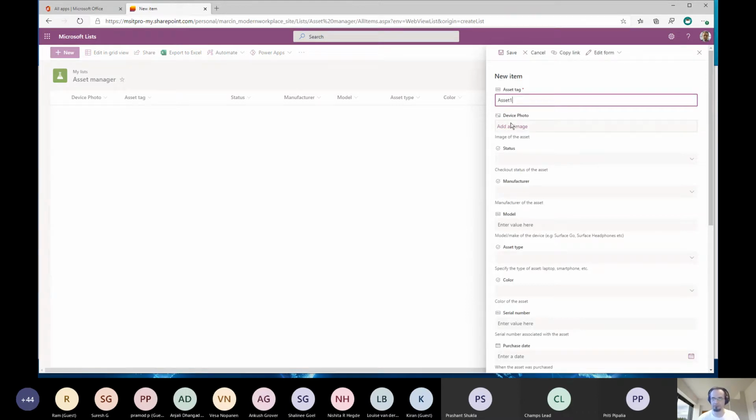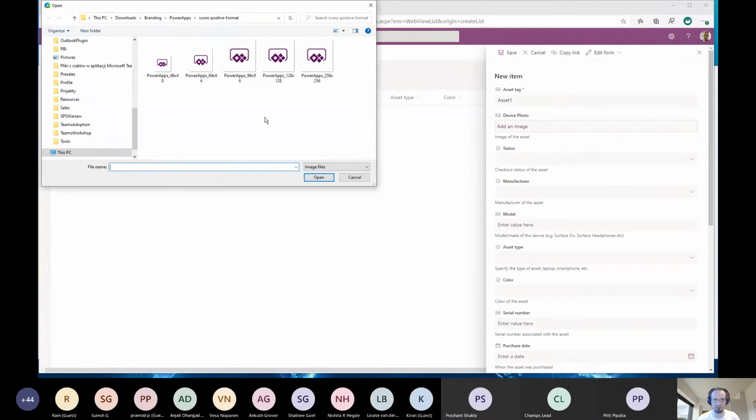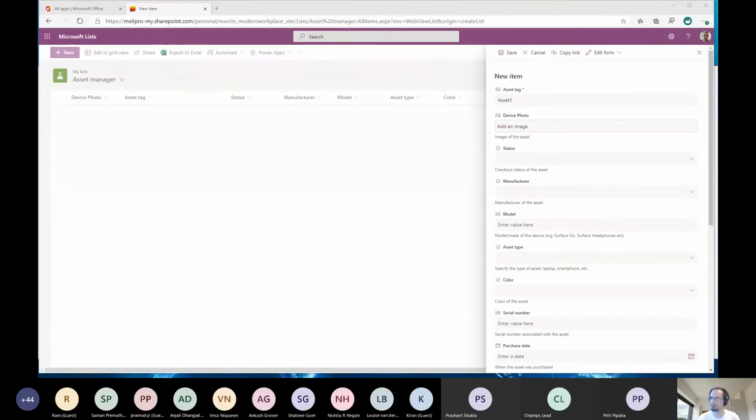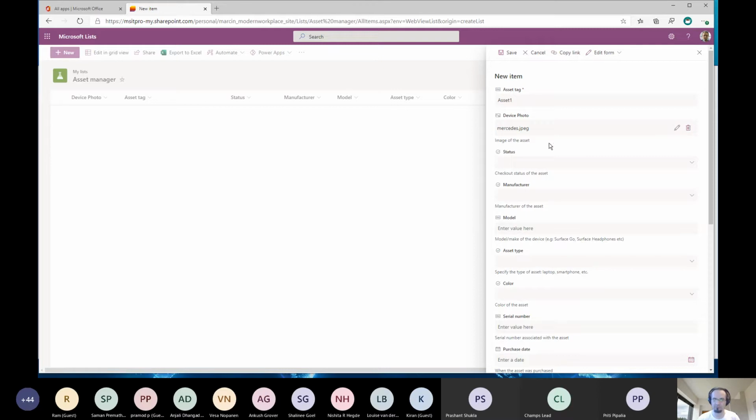Asset tag, say asset 1, some photo. I don't have any icon, but I have here some beautiful image. Oh, this one.